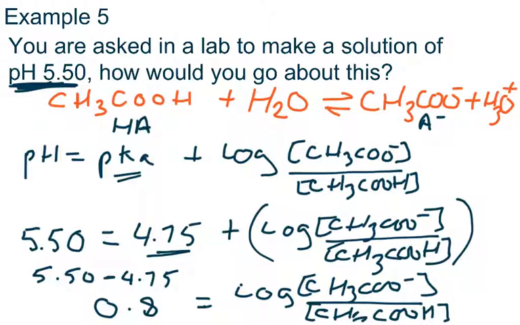Now, we're almost there, folks. What we have to do now is go back to our memory banks and math. We have to take the anti-log of both sides to get rid of this log. The anti-log button, if you forgot, is the 10 to the X button on your calculator. So you take the 10 to the X button, you plug in 0.8, and you should get a value of 6.3. So you will get 6.3 on this side right here, equaling